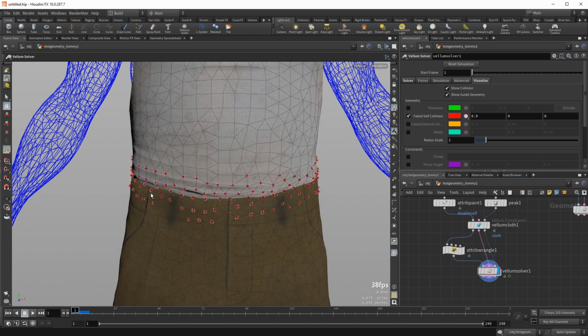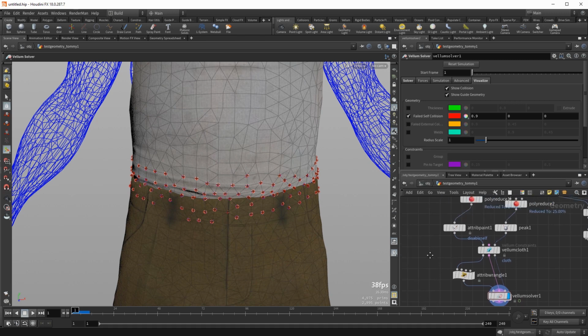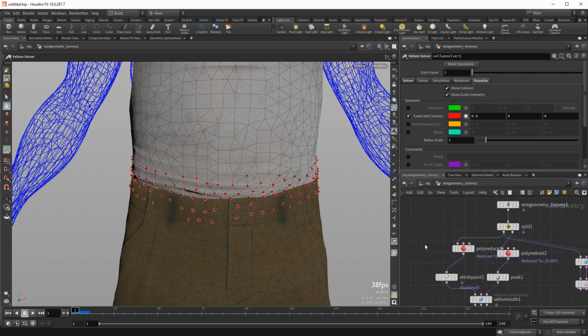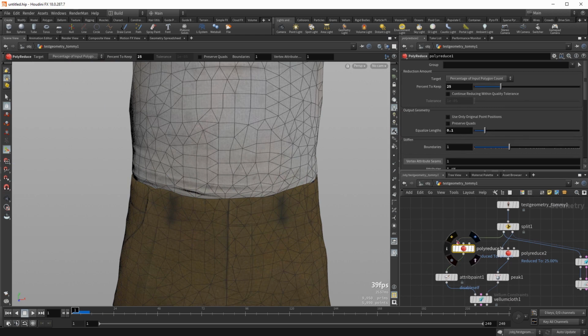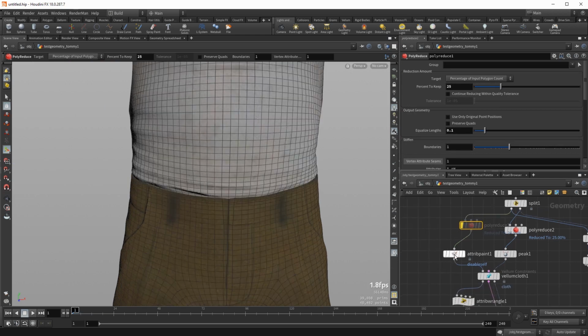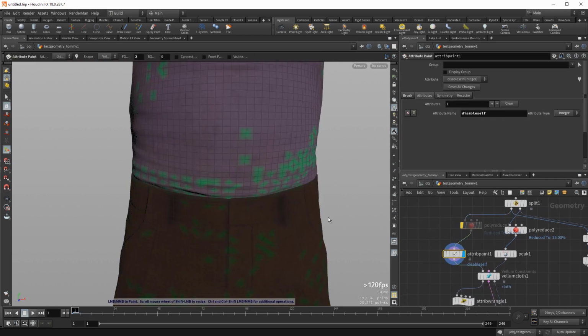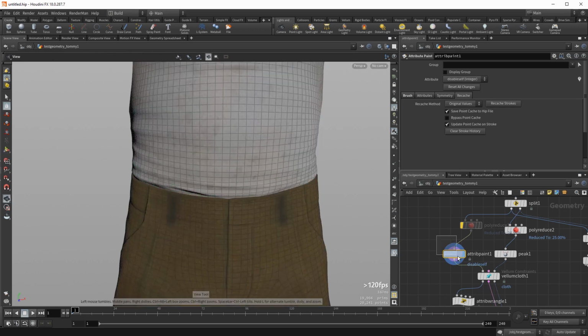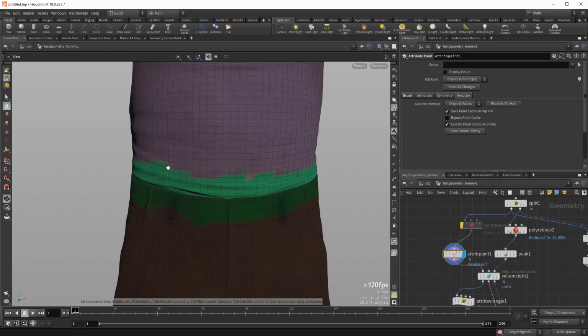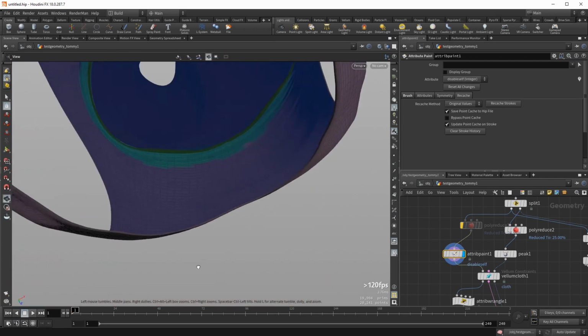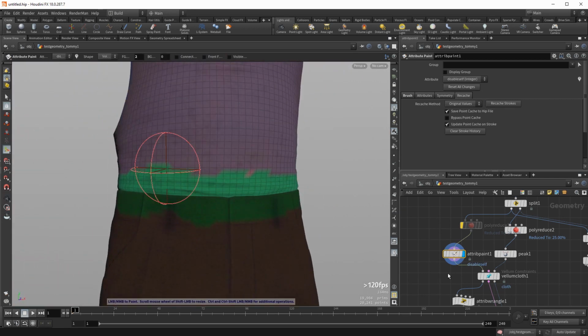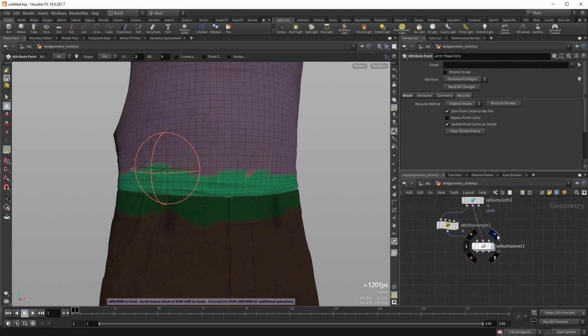Now we don't have to restrict ourselves to this resolution. So having done this at this particular resolution, we can go off and turn off the poly reduction. And of course, at this point, if we look at the attribute paint, we're going to have a bunch of randomized points painted because the point numbers don't correspond at all. But attribute paint has the ability to recache. So I can recache the strokes, and then it will reapply those strokes in the high-res geometry. So now I've selected it in the high-res and applied the disable self. And so if I go down to the Vellum solver,